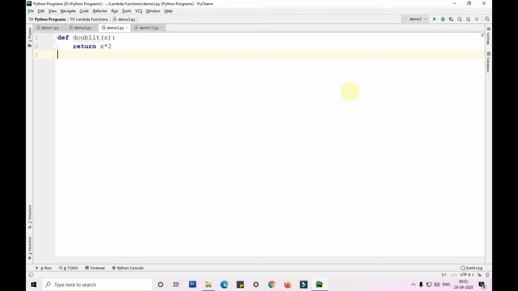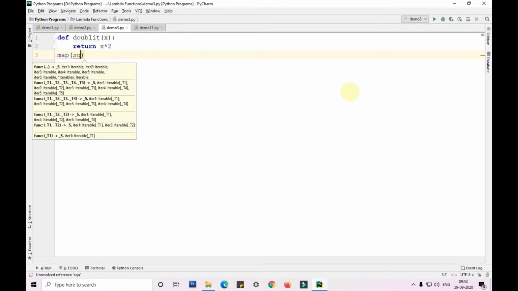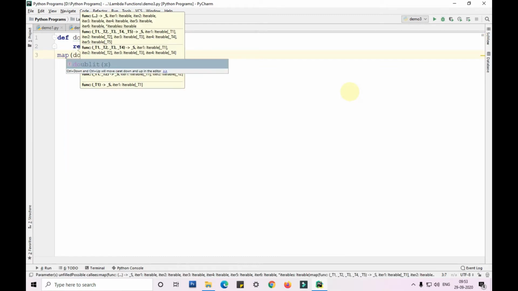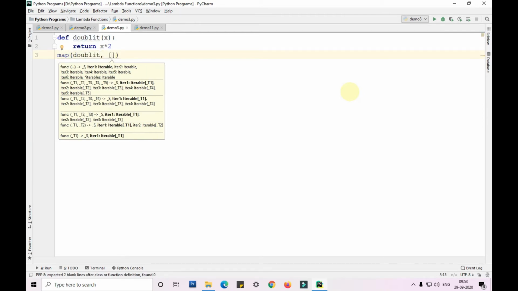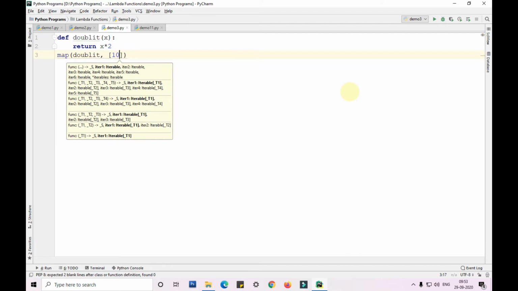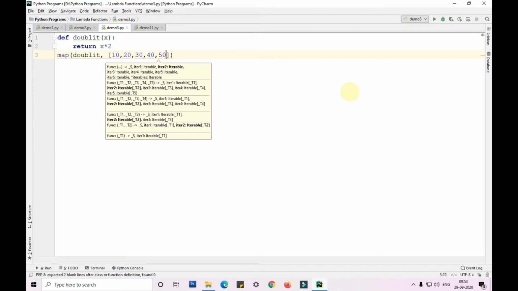Now I'm calling the map function, giving it the function double, comma, followed by a list. It can be any iterable, guys, that is, a list, a dictionary, or any sequence type data type. So 10, 20, 30, 40, 50.